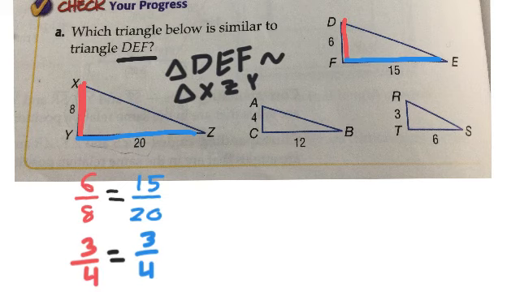Because again, remember we have to match the way we name them. So if I go D to E to F, I've got to go X to Z to Y. Yeah, so the way you did it is fine for testing if they are proportional or not. The only problem that y'all would have